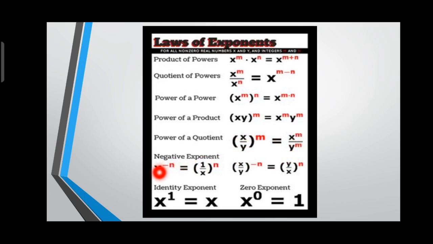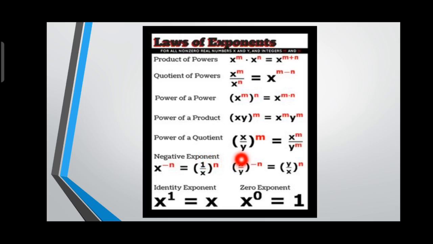And the next one, x to the power of minus n is equal to, as we are seeing the power is negative, so that power should not be negative. So what can we do? We have to take the reciprocal of the base, then the negative power will become positive. So it can be written as 1 by x raised to the power of n.